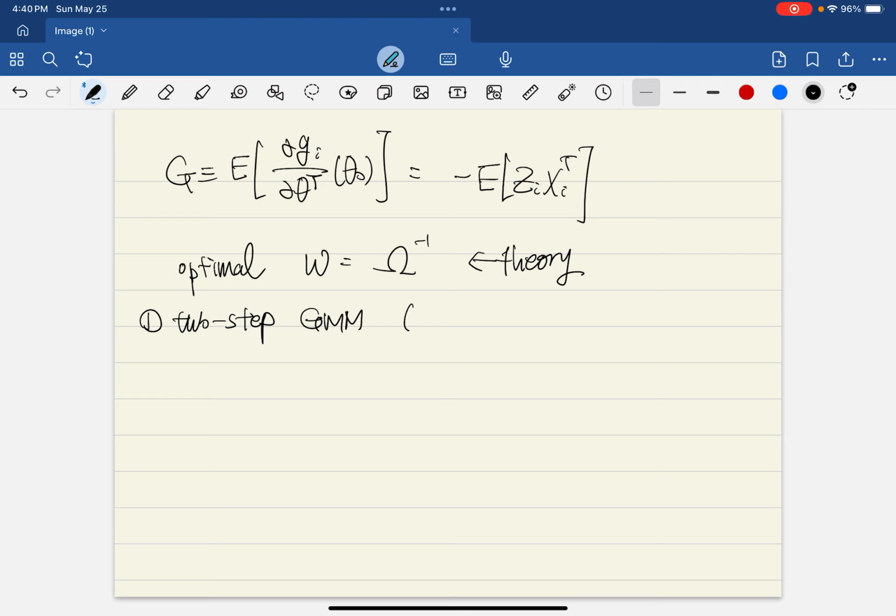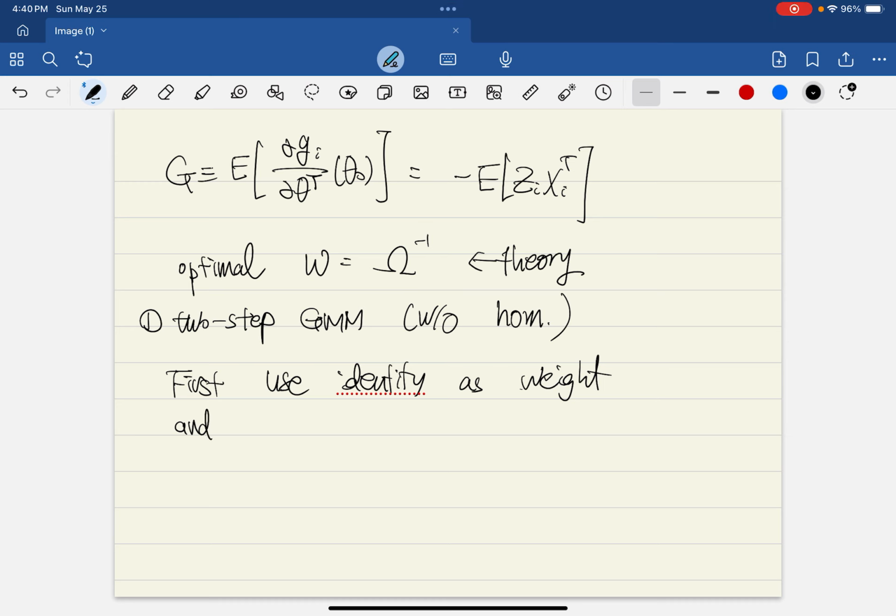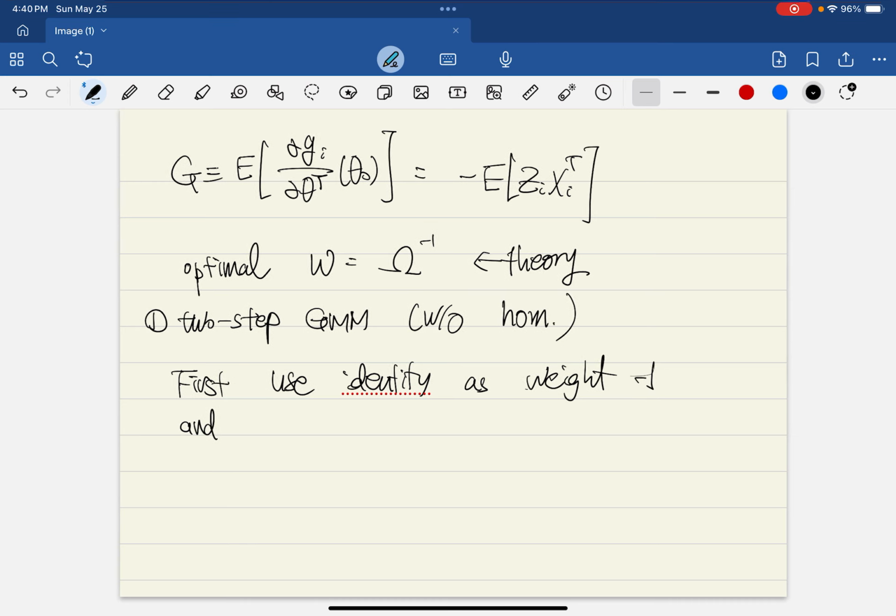It does not require homoscedasticity. In this case, first use the identity matrix as the weight for the GMM